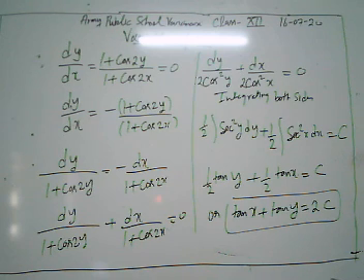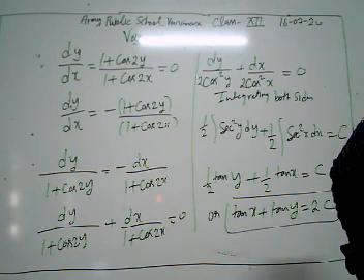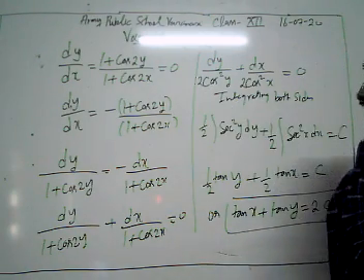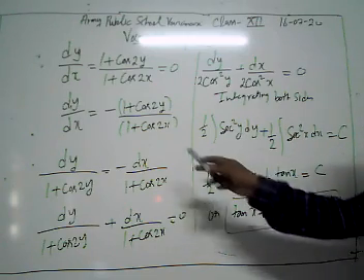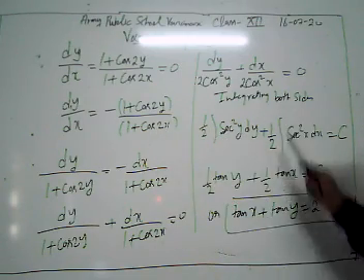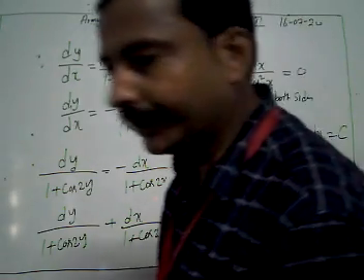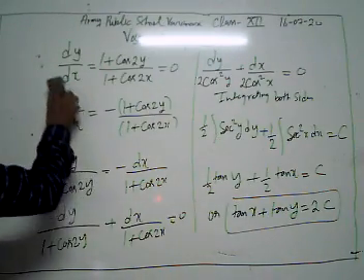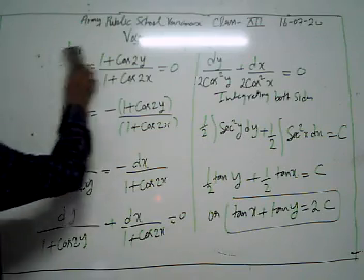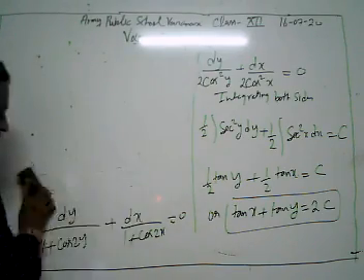Look, what do we have? We have the equation dy by dx equal to 1 plus cos 2y over 1 plus cos 2x. Then using variable separable and after integrating, our solution is tan x plus tan y is equal to 2c. This is one example. Now let's take another example.